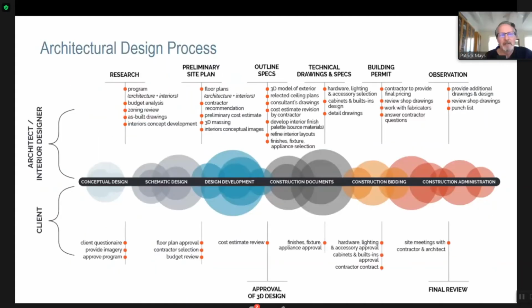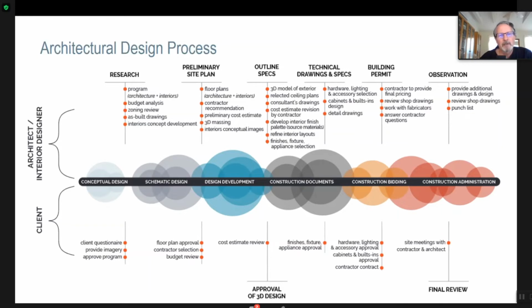Okay. So let me go to the last part, which is around design for manufacturing assembly. This is the process that RIBA in UK or AIA in US has had for quite a long time. I joke that it's this perfect process that only moves forward, never backwards: you're given a program at the beginning, and then the program is perfect from the outset, and you never have to change the program. And so you have a conceptual design and schematic design, you get a permit, and you move straight into design development, straight into construction drawings. And there's never any reason to actually go back and redesign anything. But that's sort of the mentality here.